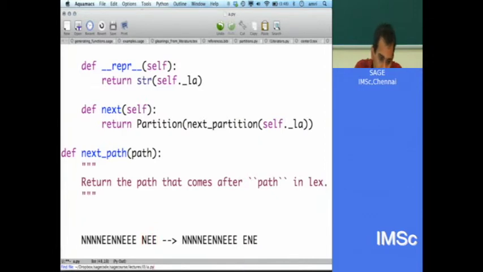Suppose we had n e e n. See, so this is probably not one. Then we would not do e n, we would do e n n e. Right? Because if you did n e n, that would come after e n n e. So what you would do is you would bring the e to the front, and then you would take the very first guy.